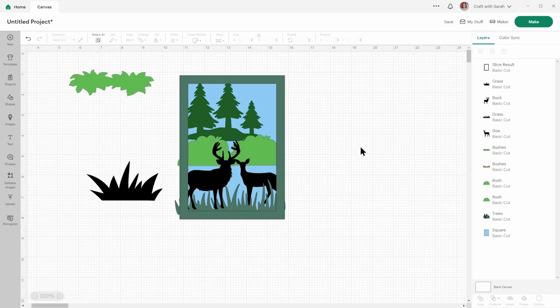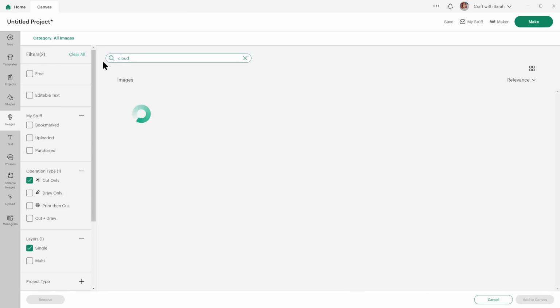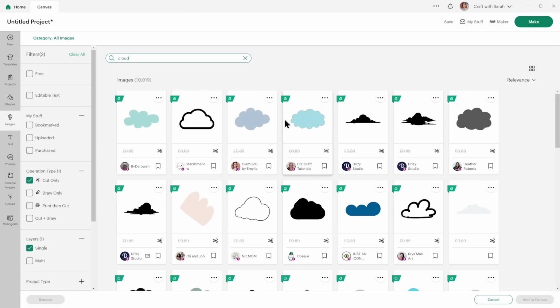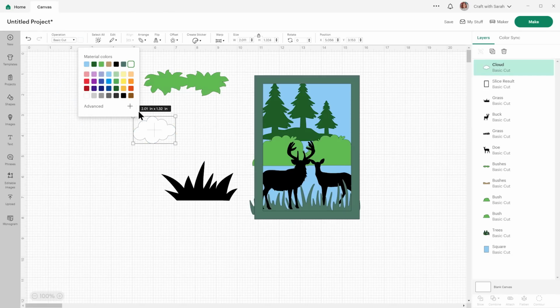I think a little cloud in that top right is gonna be good. I'm choosing just simple one color images for this, but you could make them more complicated if you want.